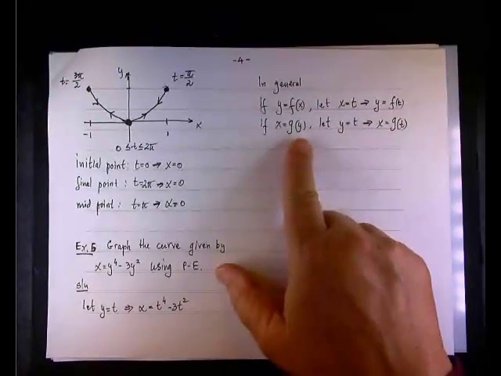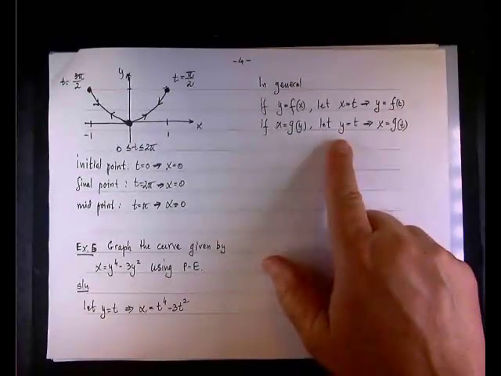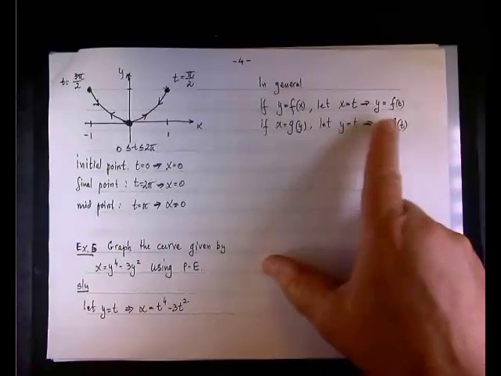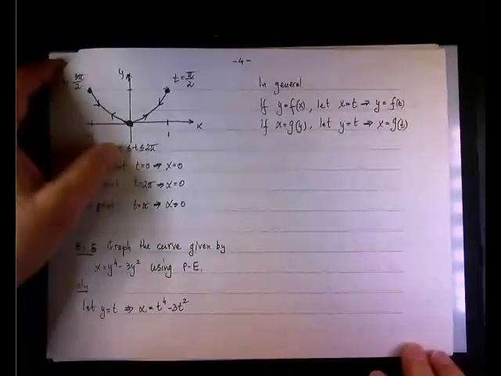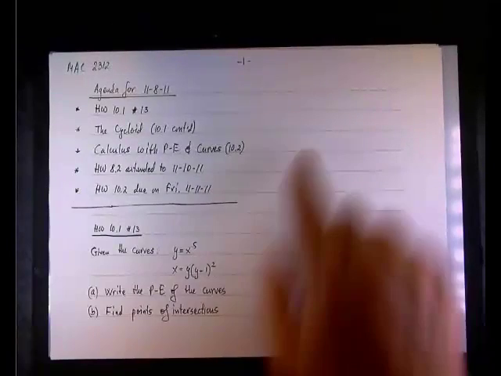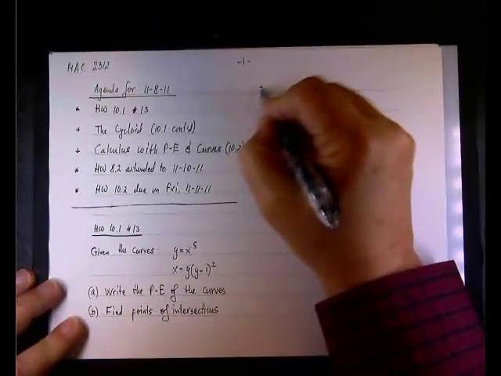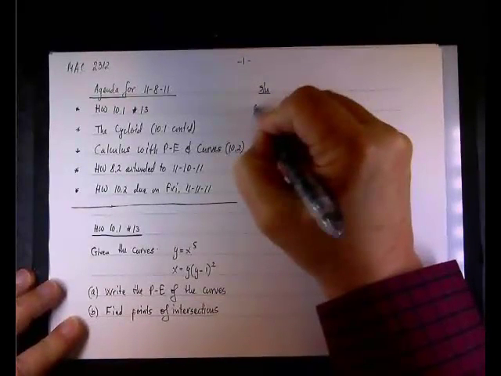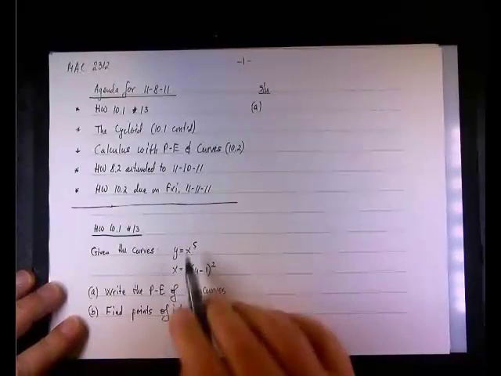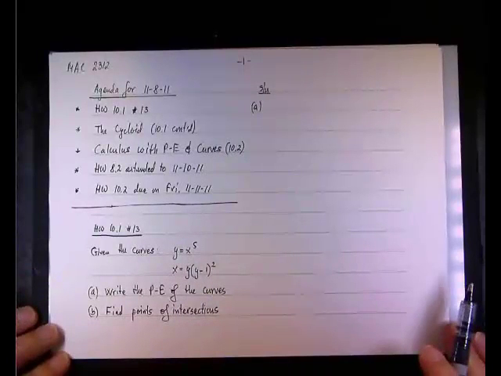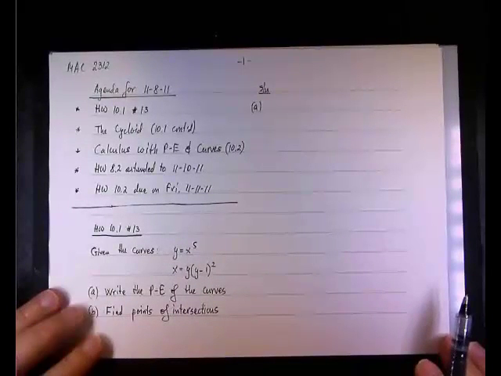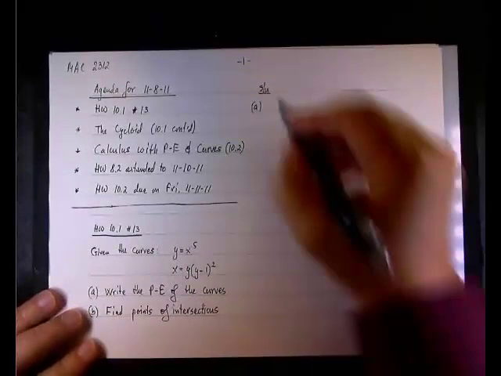And if x equals some function of y, in this case g of y, then we let y equal t and write x as g of t. That's the principle behind it. Okay? And we're going to take this comment and apply it right here. So, for part A, where we need to write these two curves as parametric equations or parametric curves,